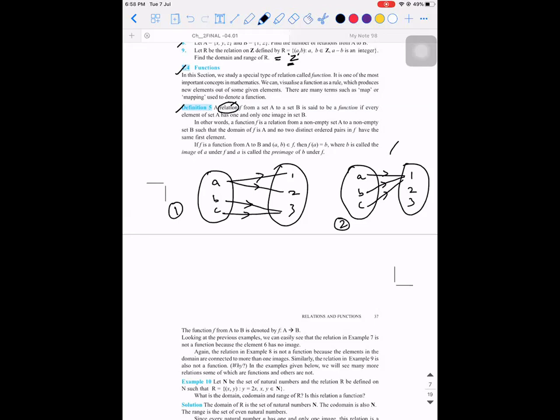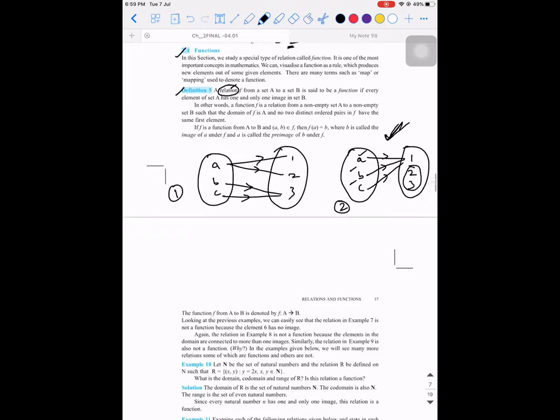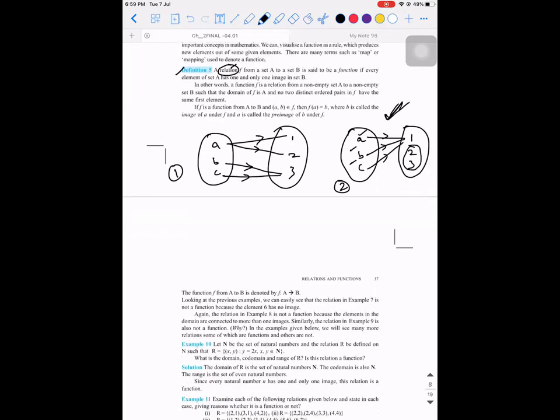Okay, so don't get confused between the first case and the second case. All the inputs can get linked to one output. So here, all the inputs are getting linked only to one particular output. It is not necessary that all the elements in the output set should be a part of the relation. But the condition to be satisfied is that all the elements in the input set should be a part of the relation and associated to only one element in the output set. These are the two conditions. Are you guys able to understand? Yes, sir. Okay.